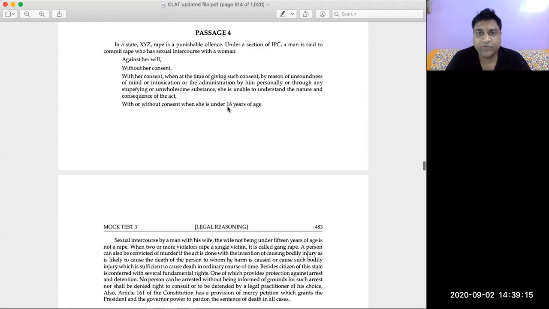Now see what I've written here. There are a lot of different things. One is the offense of rape, along with different aspects of rape. Apart from that, there is also some mention of the power of the President to pardon and things like this. Even this power of the President to pardon and impeachment of the President and all of these constitutional provisions are very